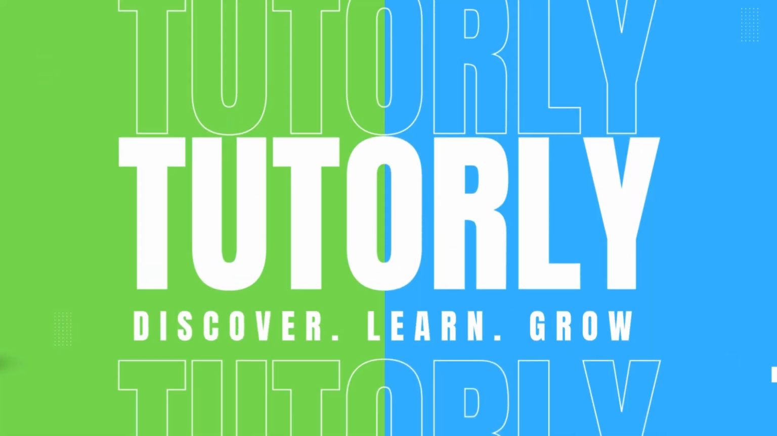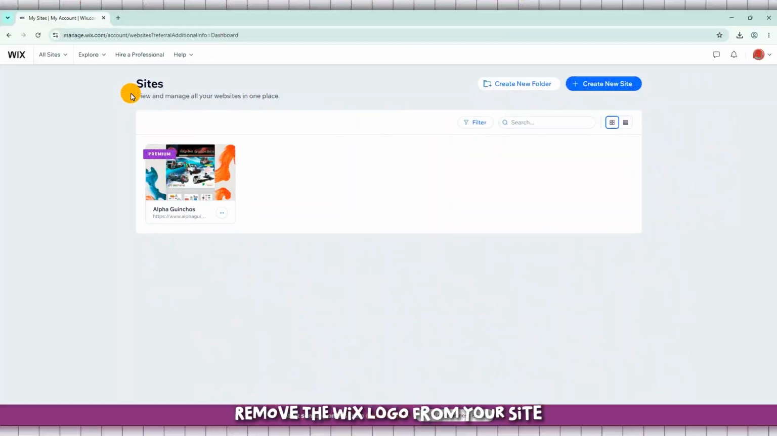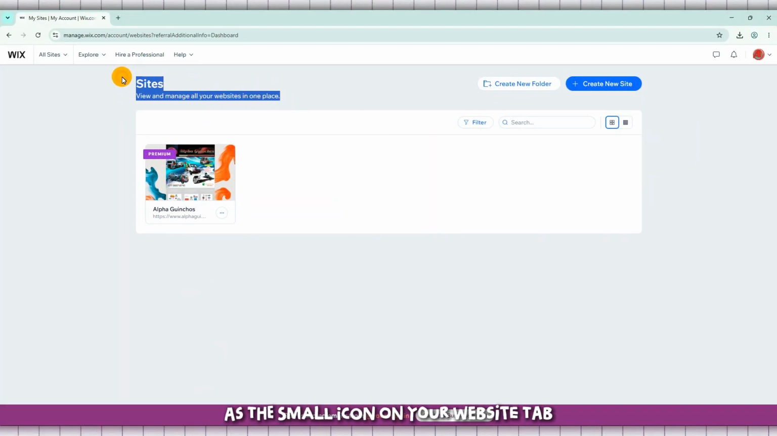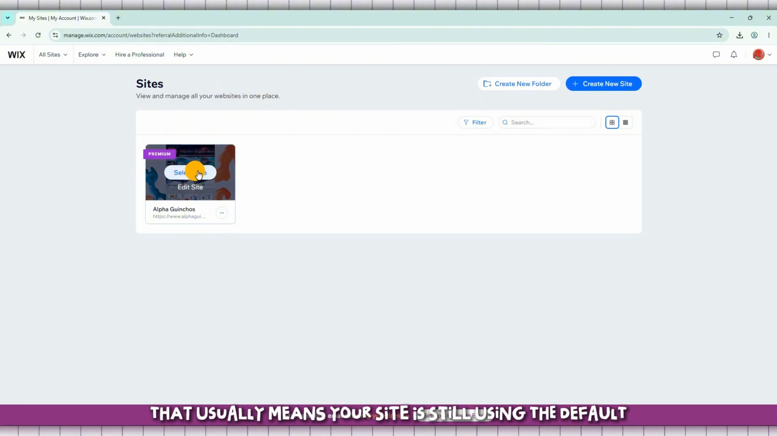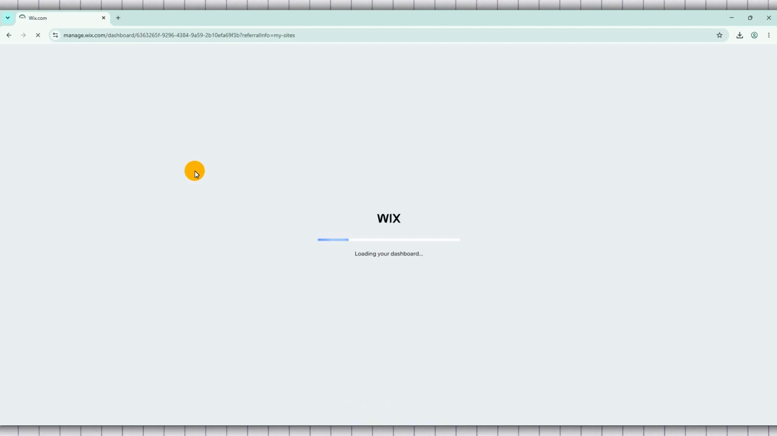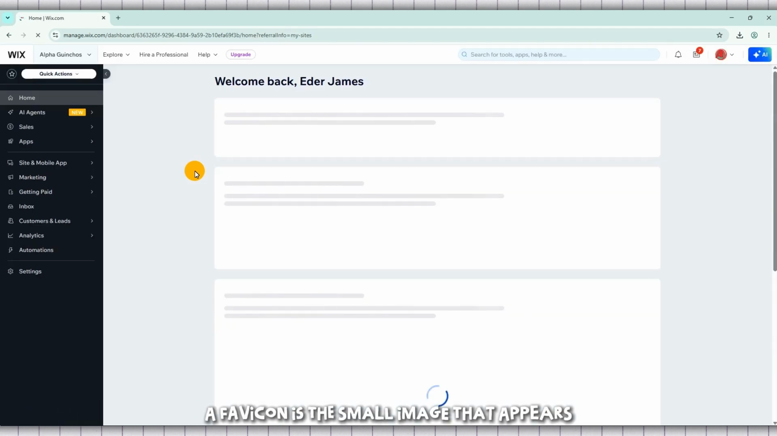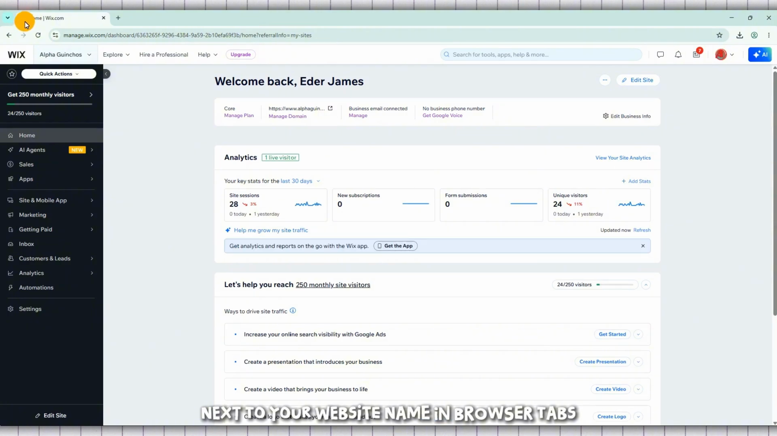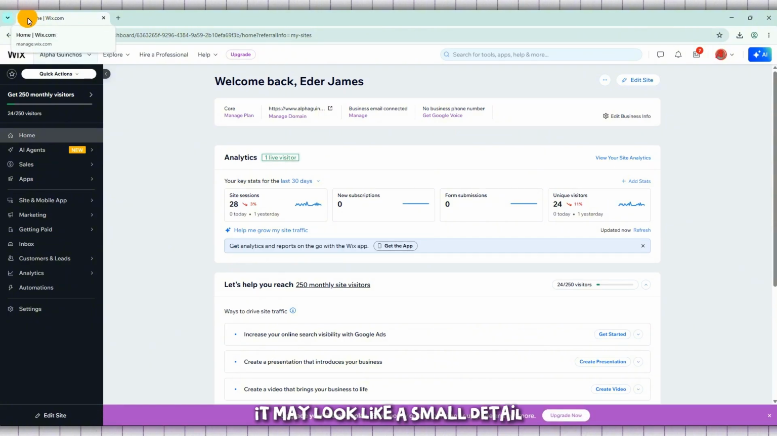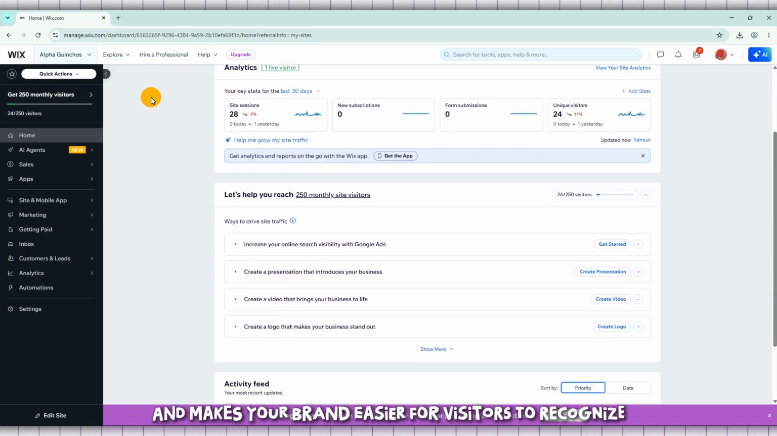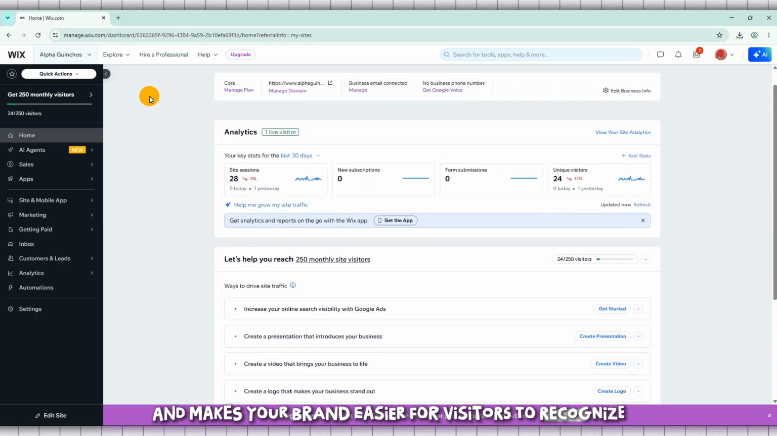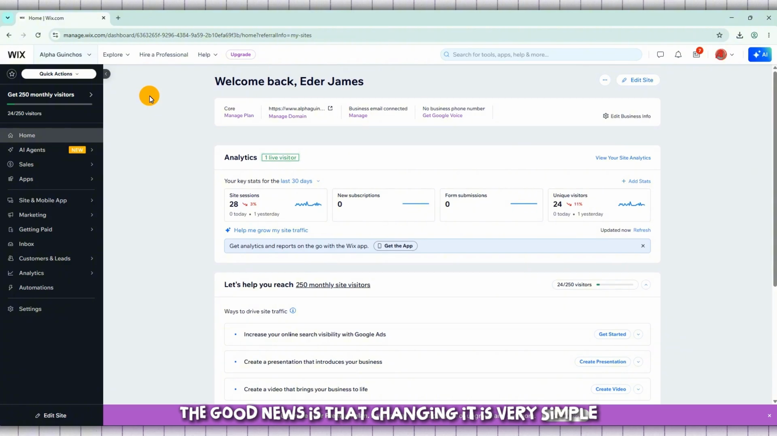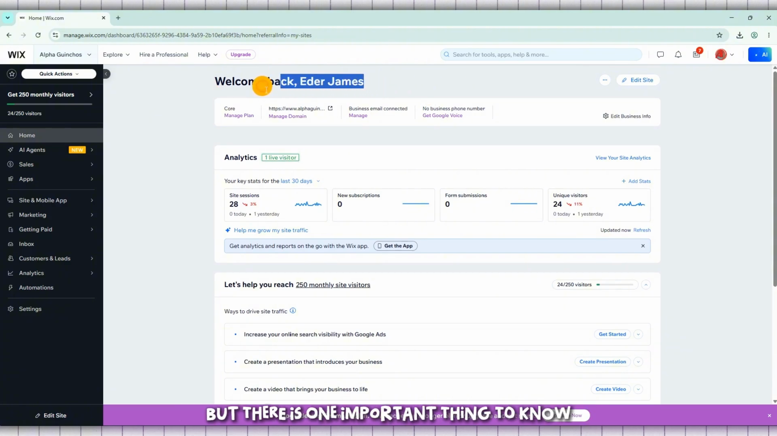So in today's video, I'm going to show you exactly how to remove the Wix logo from your site. If you're seeing the Wix logo appear as the small icon on your website tab, that usually means your site is still using the default Wix favicon. A favicon is the small image that appears next to your website name in browser tabs. It may look like a small detail, but it helps your website feel more professional and makes your brand easier for visitors to recognize. The good news is that changing it is very simple, but there is one important thing